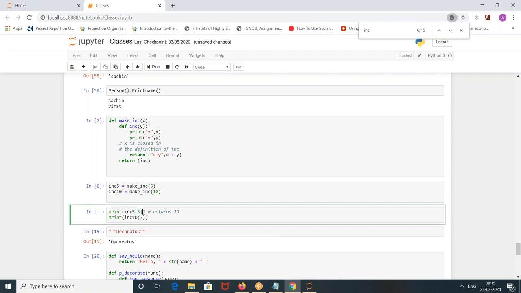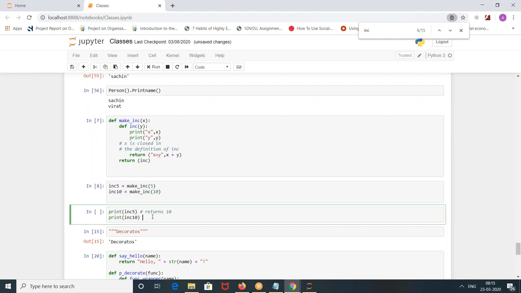Now here, if I just run ink of 5, ink of 10, what would be my answer? We would need one more value too, right? Correct.